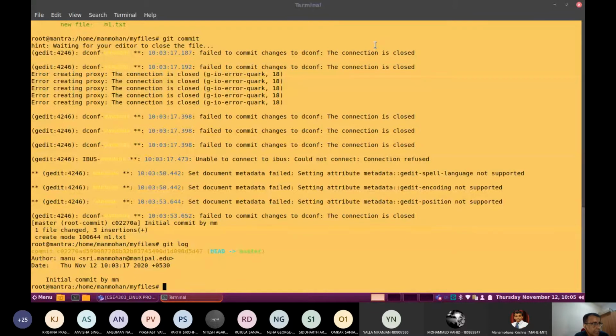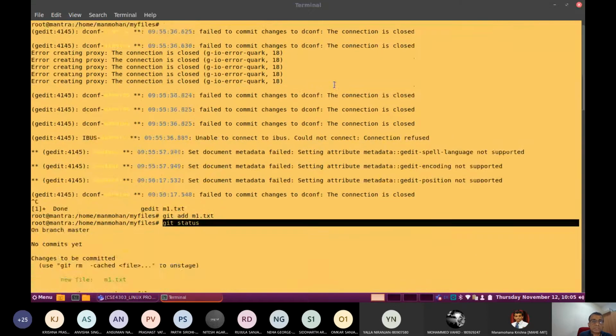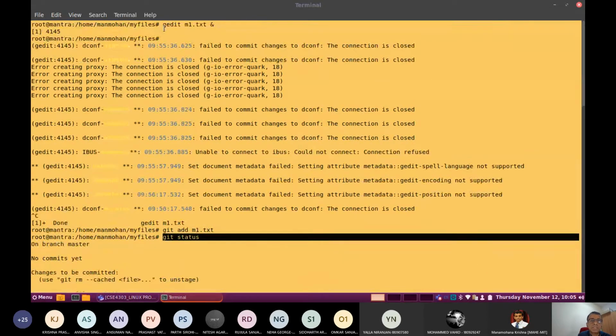Now you can assume that you have coded some program and after modification you saved it with some commit message, as some content is updated by you. So this is about some basic commands. What are the commands we discussed here? One is git log, another is git commit.